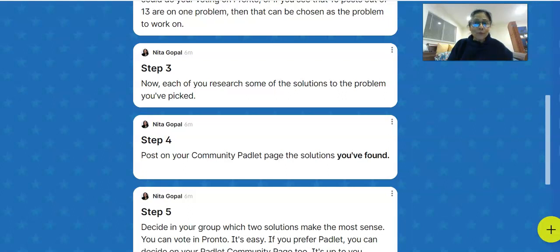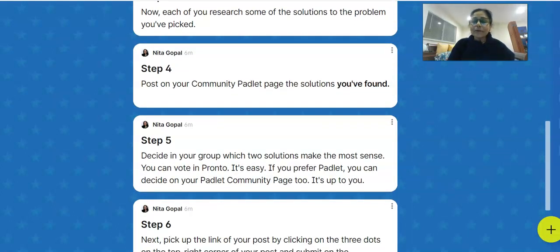So you might post 1, 2, 3 solutions that you found for that particular problem. It's up to you. Posting at least 1 is absolutely necessary, but you can also post 3 if you like. Okay, then we go to step 5. Decide in your group which 2 solutions make the most sense. And how do you decide in your group? Go ahead and do your voting, either on Padlet or you come back to Pronto and just simply message each other.